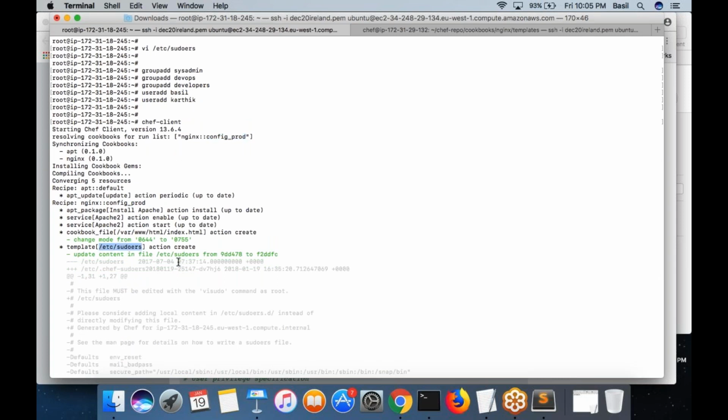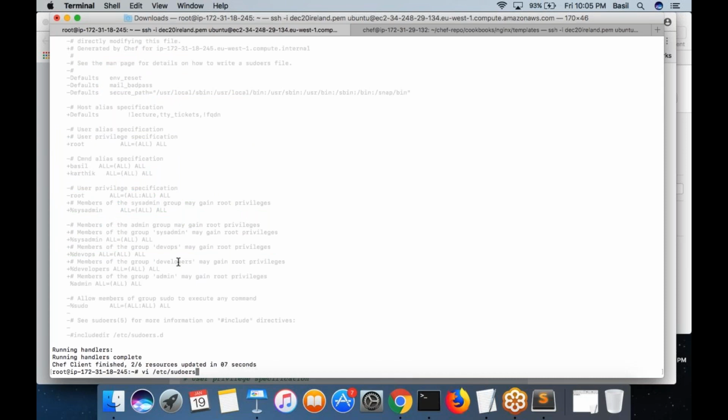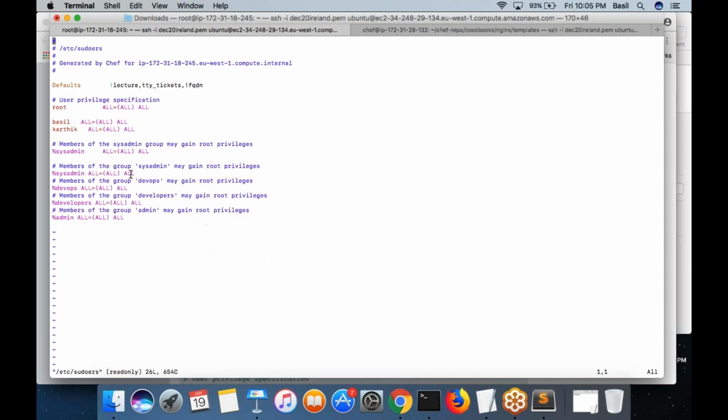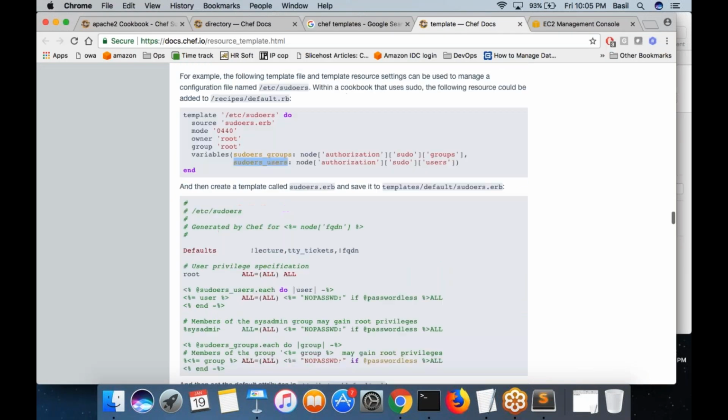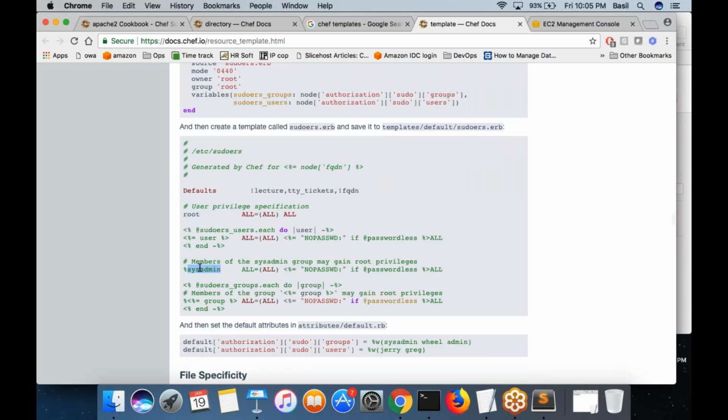Let's take a look at the sudoers file. As you can see, Basil, ALL, Karthik, ALL, sysadmin. This was a separate line that was manually added in the file already, as you can see here.